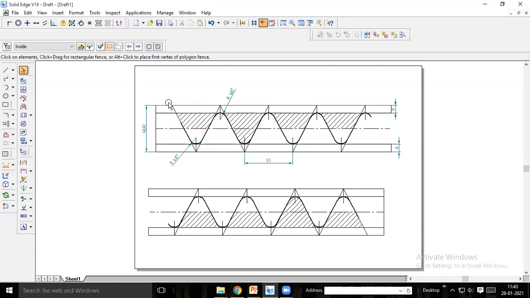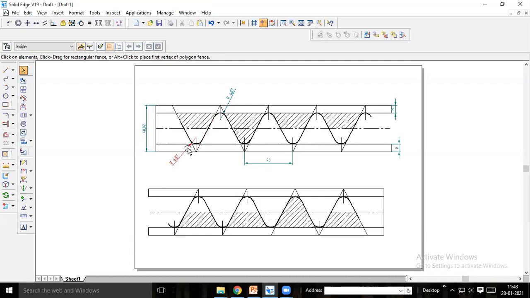Here, what I did is just draw the root line, crest line, and then imaginary points. Then the actual point where the root and crest will meet in the actual solid part, that you will have to draw. Then you draw one profile. Then you just copy and move so that you will get multiple profiles. This is the internal thread. This is the external thread. Hope you understand the BSW thread. Can you do this manual drawing of this?